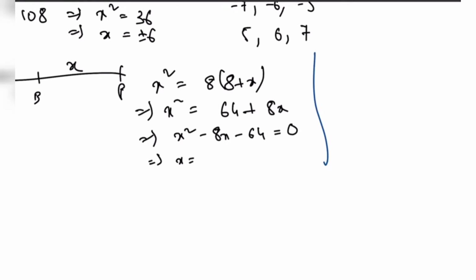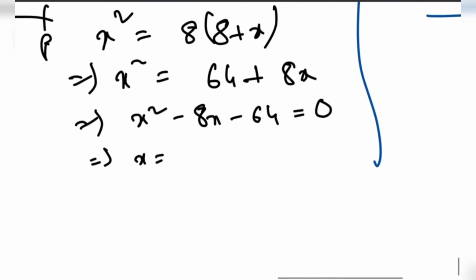So quadratic formula gives us x equal to minus b plus minus root b square minus 4ac divided by 2a. So x equal to 8 plus minus root 64 minus 4 times 1 times minus 64,